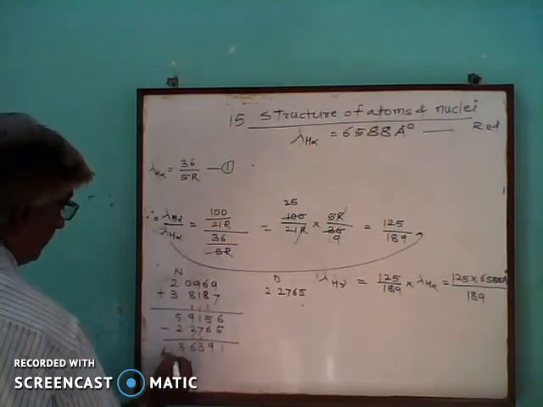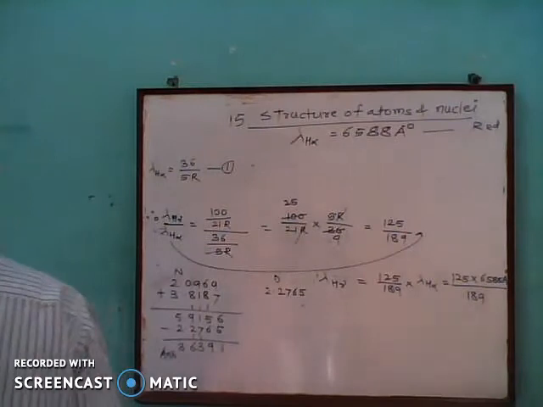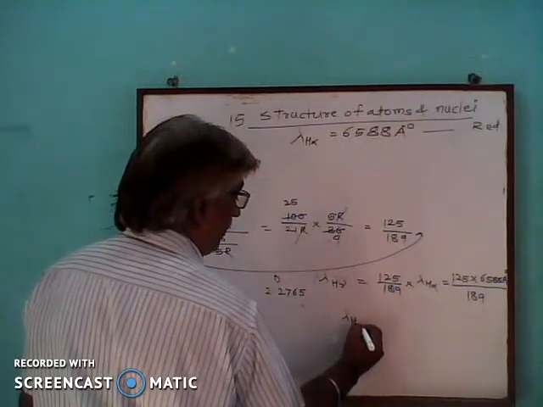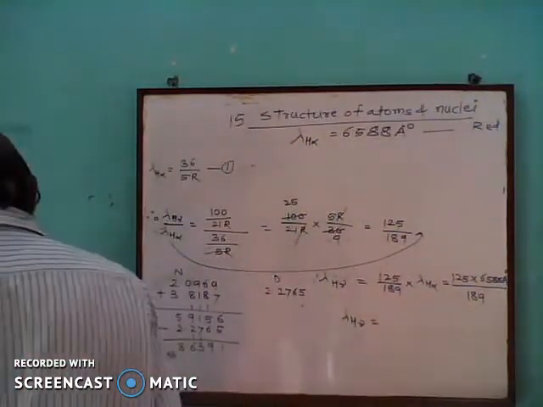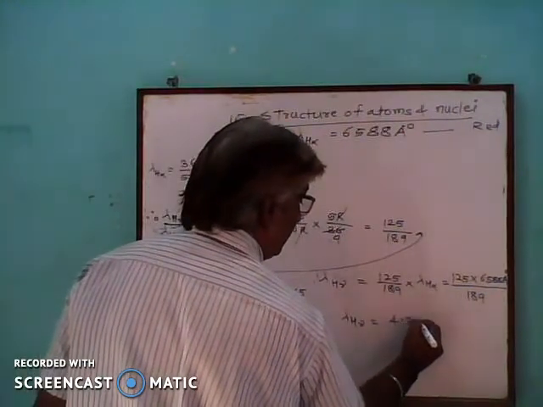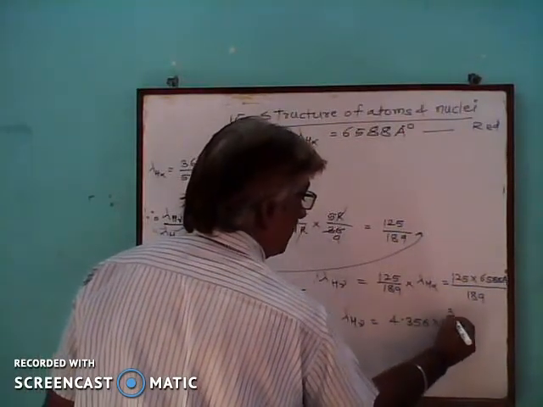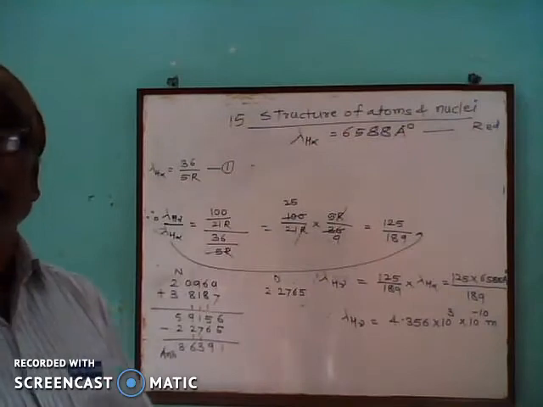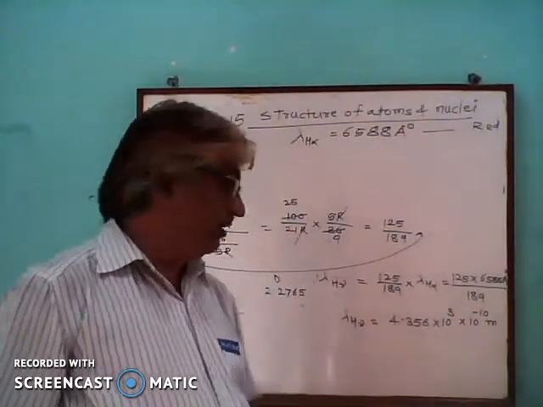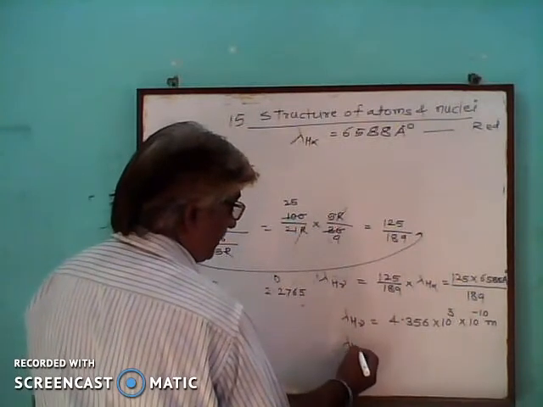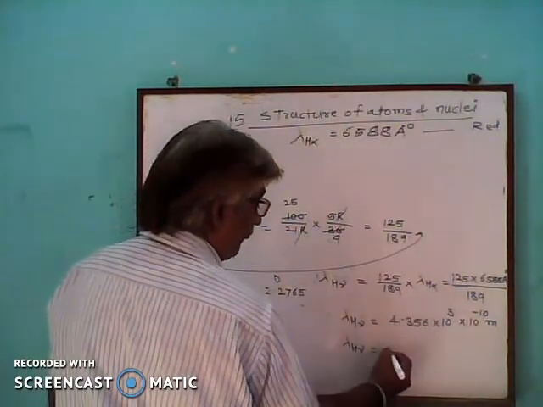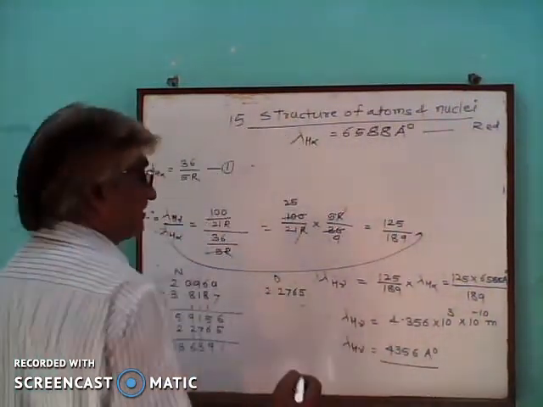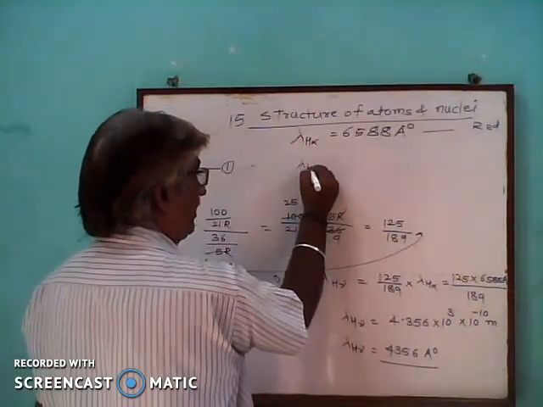Take its antilog. If we take the antilog of 0.63, 9 into 1 in mean difference 1, then we can find out the wavelength of the H gamma line. It will be 4.356 into 10 to the power 3 into 10 to the power minus 10 meter, because 1 angstrom unit is 10 to the power minus 10 meter, and so the wavelength of the H gamma line is equal to 4356 angstrom unit. It means this wavelength of the H gamma line